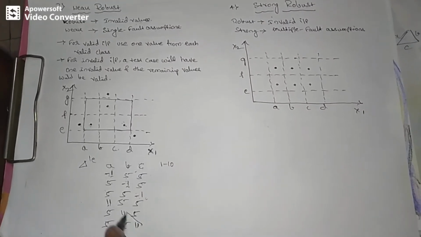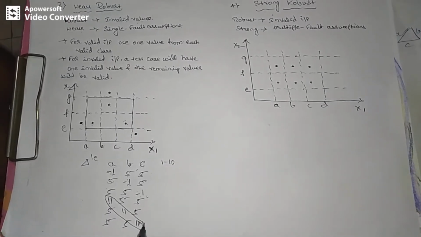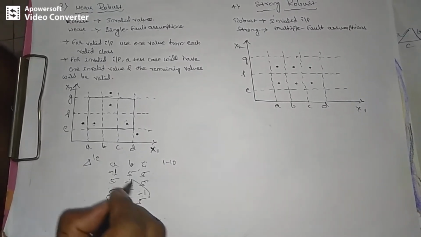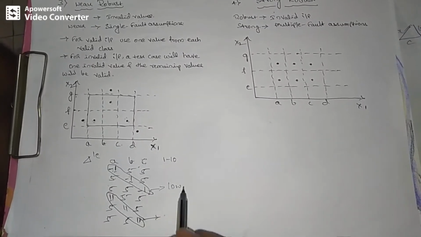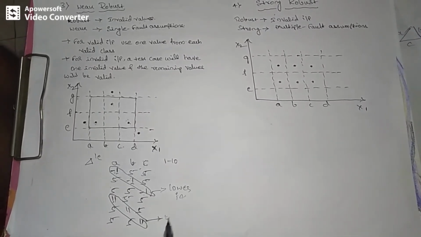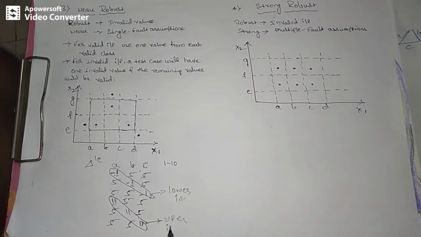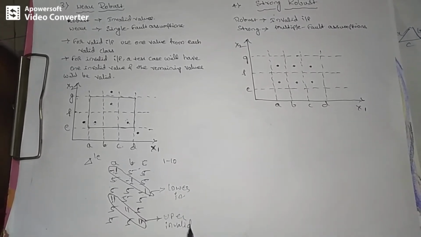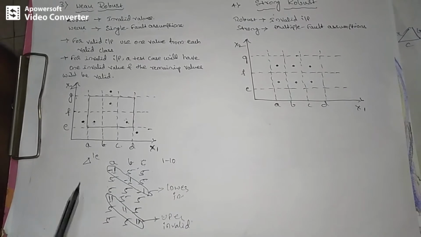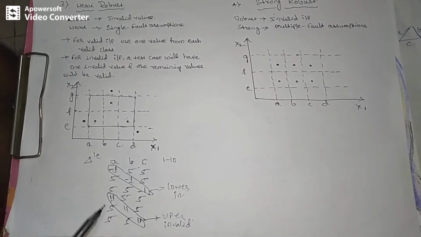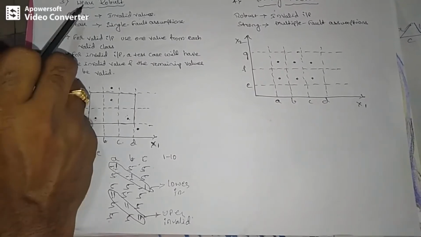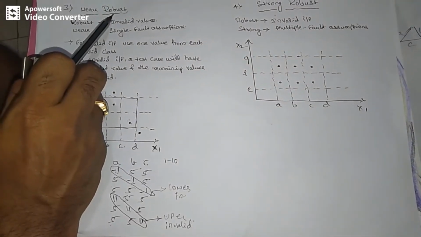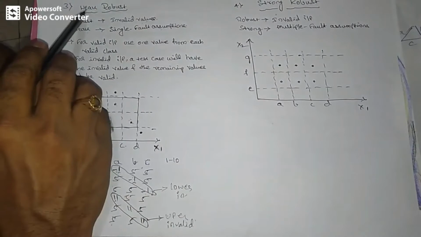You can see here, this is one corner of the input domain range, and this is another corner of the input domain range. This is the lower corner invalid inputs, and this is the upper corner invalid inputs. Based on this, we are specifying the test cases. Here you can see 1, 2, 3, 4, 5, 6 test cases in total. All 6 test cases are weak robust test cases. Like this we need to specify under the weak robust.